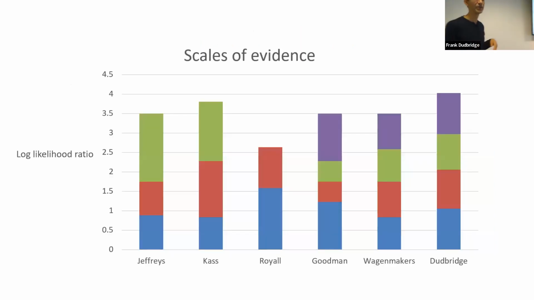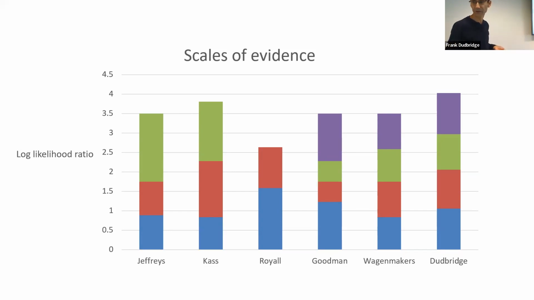So I'm speaking to this urge to give some interpretation to these numerical measures we get. We can get a likelihood ratio, and what are we supposed to say about it? It turns out that people want to talk about weak and strong evidence. So we now have some way of objectively converting from a quantitative scale to a more qualitative scale. On the right, you'll see my proposal, and how it stacks up against previous ones. You can see they're all more or less in the same ballpark, which is reassuring. These are pretty smart guys, and I claim to have found a rational way to compromise